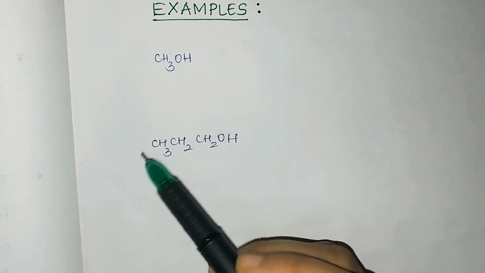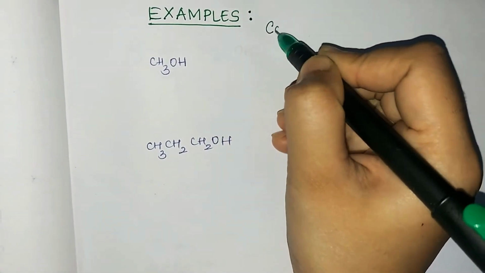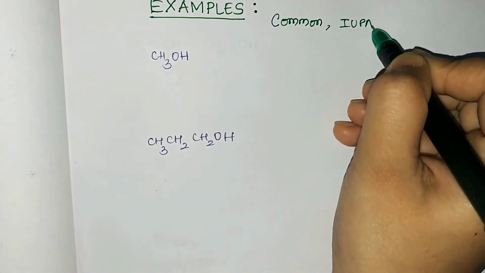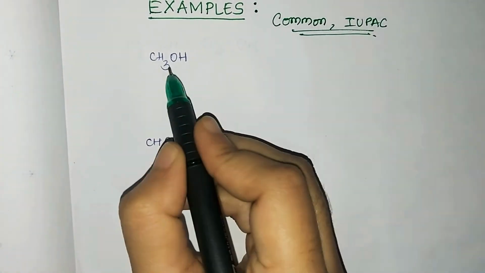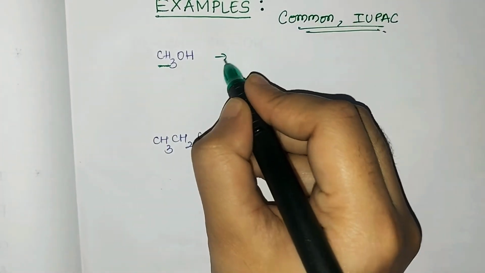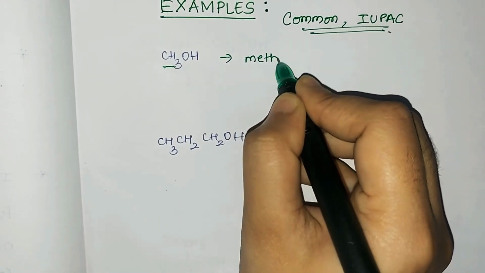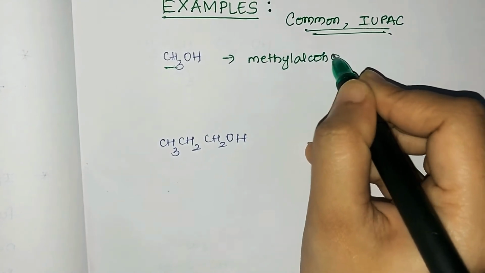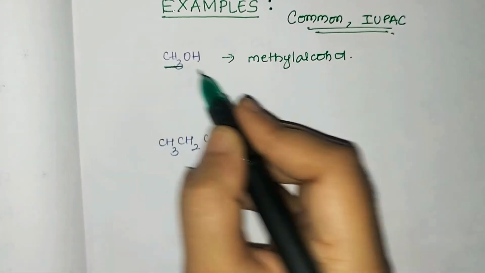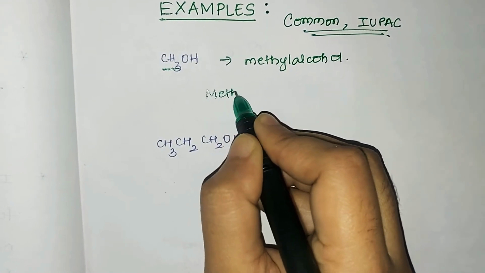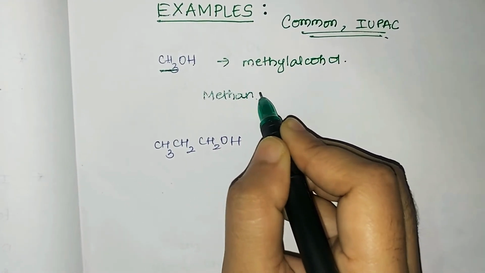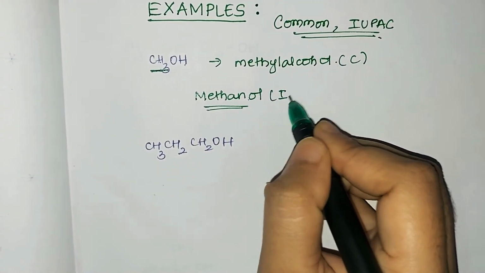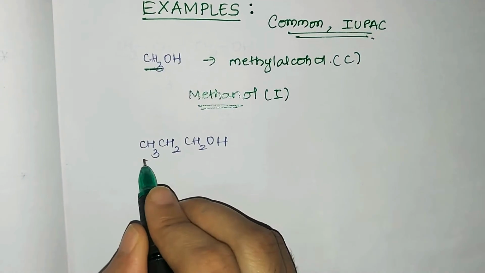Let us consider a few examples. We'll take the examples and write the common names as well as the IUPAC names for the following. You can see the first example is CH3OH. If it has one carbon, we'll go with the common name. Since only one carbon is present, it is a methyl group. OH is attached, hence it becomes methyl alcohol. So methyl alcohol is the common name. Let us consider the IUPAC name. What will be the IUPAC name? Methanol. Why? Because there is only one carbon atom, so meth, it is singly bonded, an, and the alcoholic group, ol, so that is the IUPAC name.